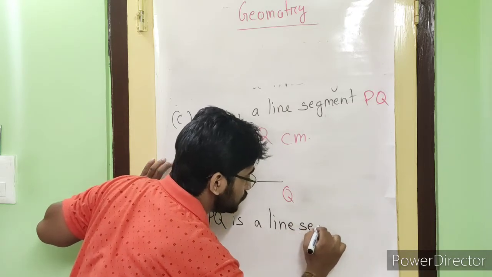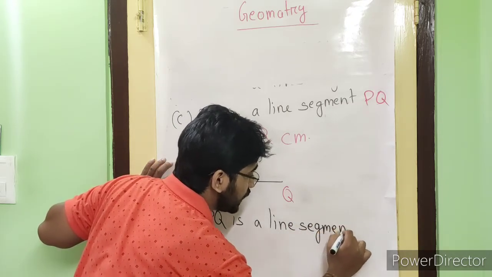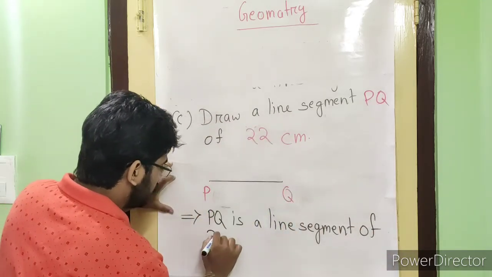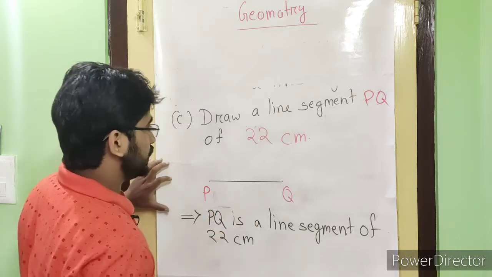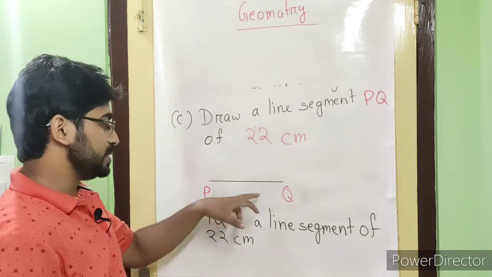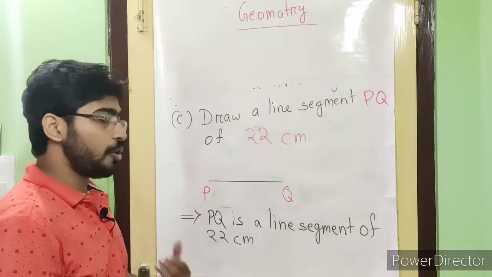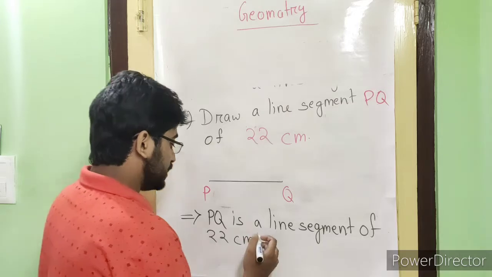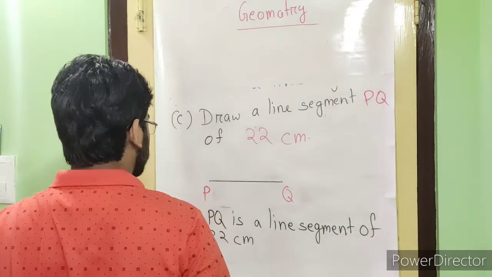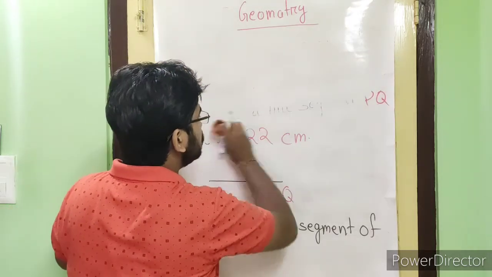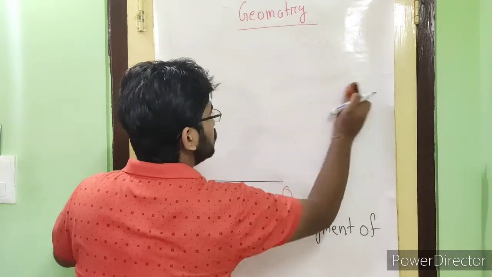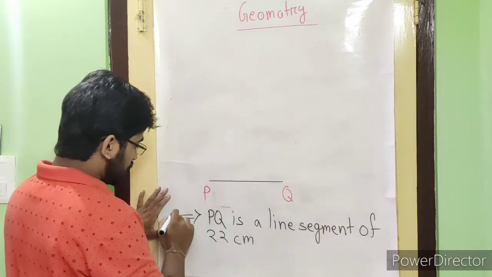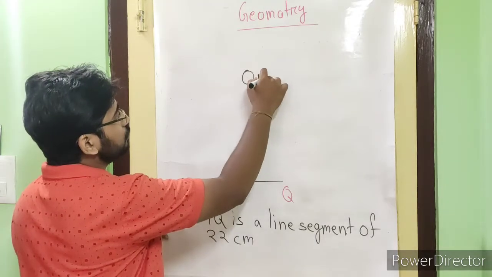line segment of 22 centimeters. So PQ is a line segment, PQ is a line segment of 22 centimeter. Or we can write, okay, I'm rubbing this one. This one is number 1, I can say, or we can write